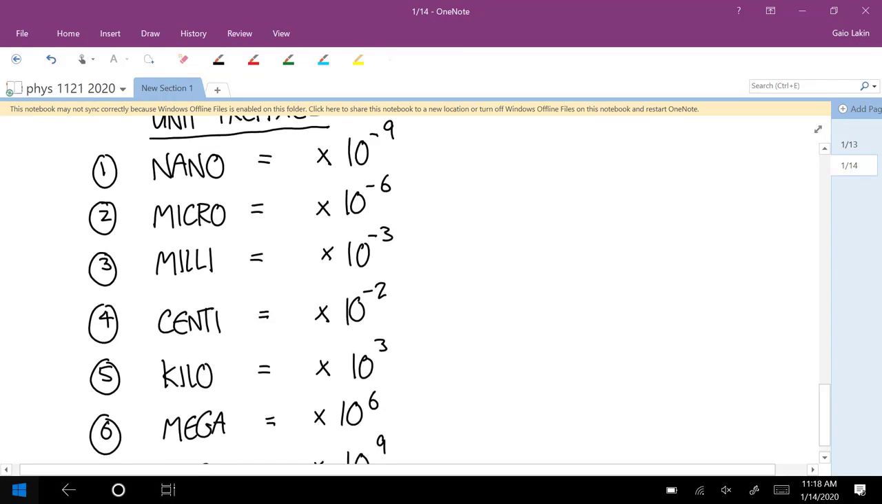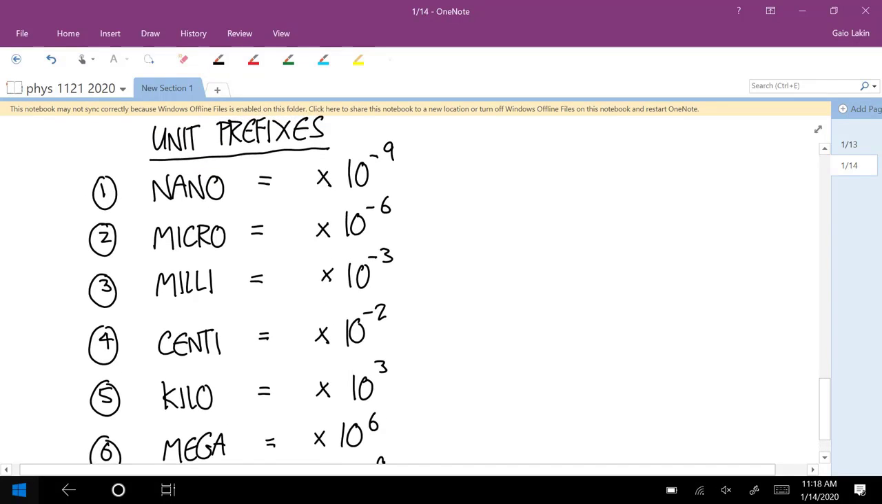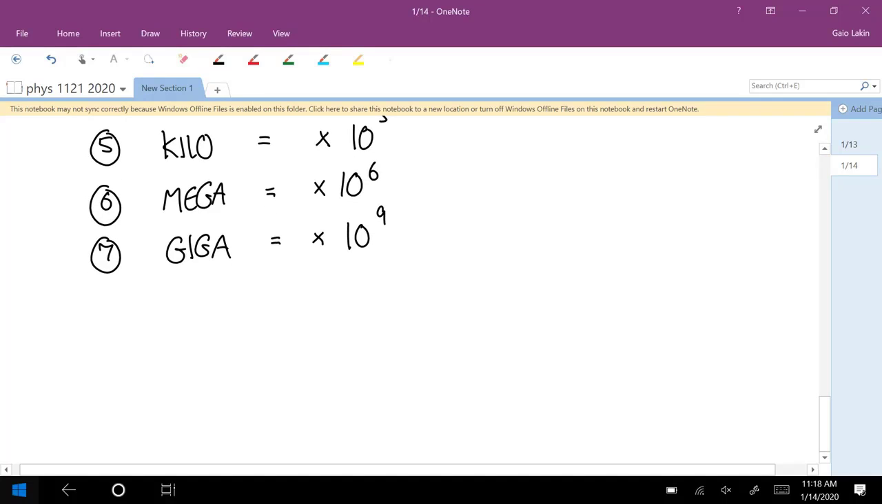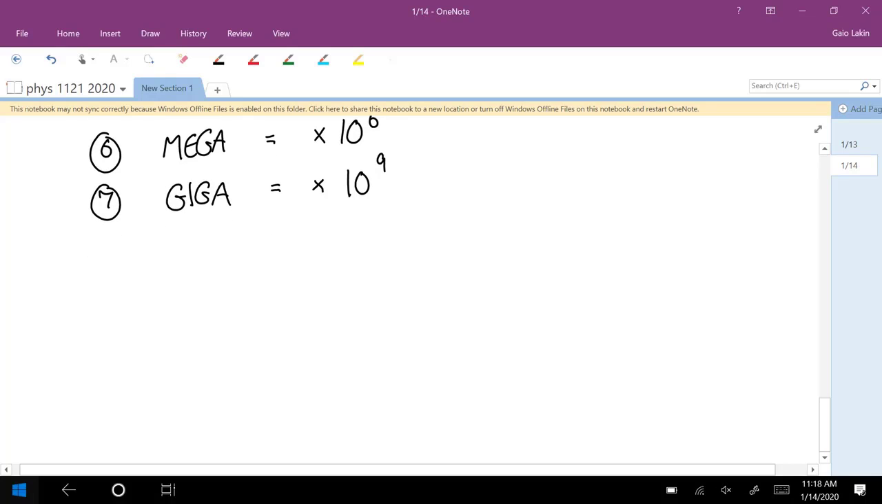Okay, so that's from smallest to biggest. If you have 5 nanometers, that's a tiny distance. If you have 10 gigameters, that's a huge distance. So if you have to go back and forth between things with prefixes, let's say